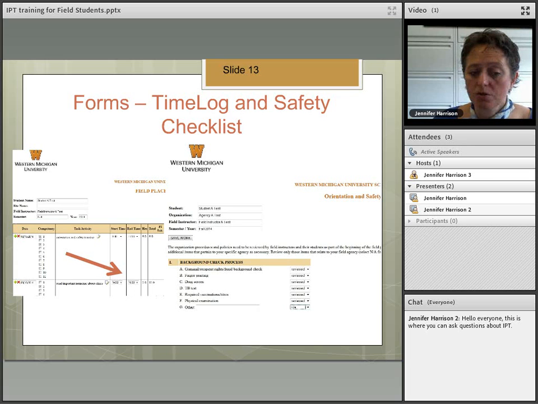Now let's talk about the safety and orientation checklist, which is typically done within the first couple of weeks of field as part of your orientation process. So here again, as a student, you're going to put in the information about yourself, your agency, your field instructor, and your semester, and then you're just going to click on all of these options to the right of the